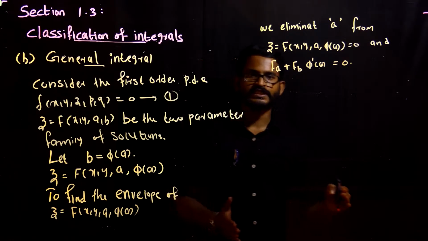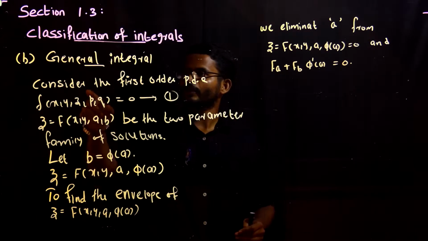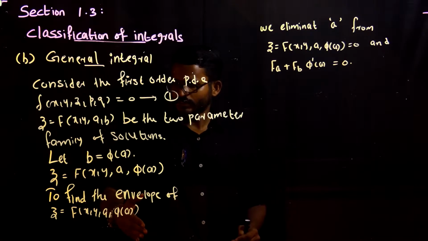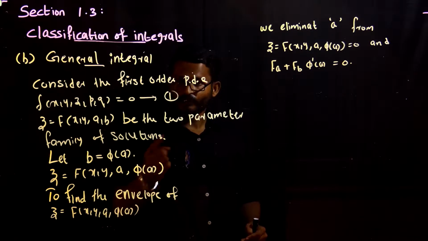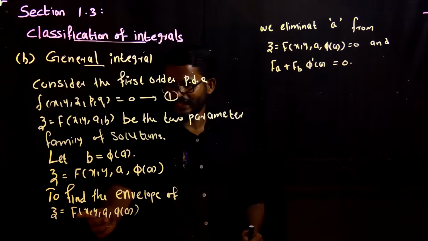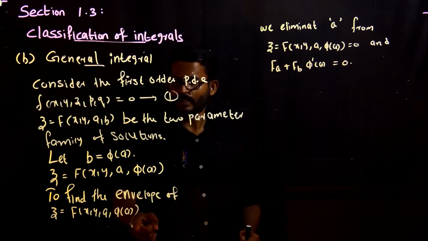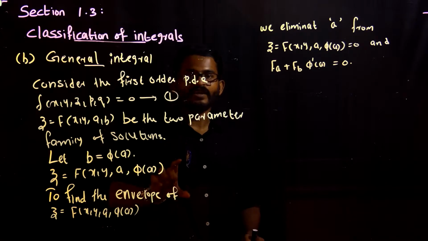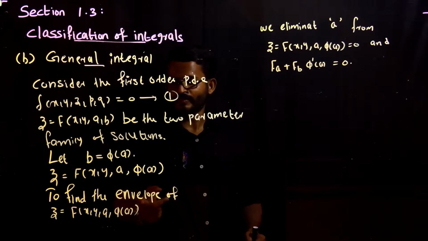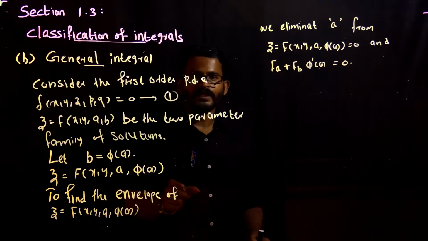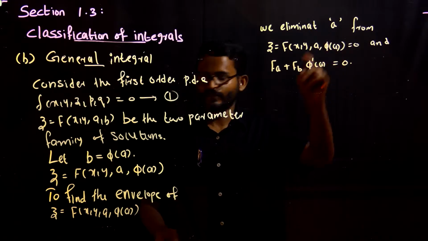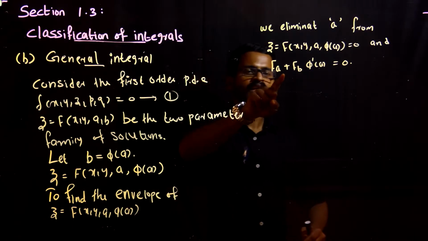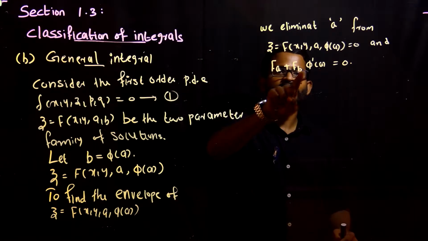Actually, this is a procedure. Our aim is to find the general integral. So we proceed as follows. Now we get a one parameter family of solution, that is f of x, y, a, phi of a. And our aim is to find the envelope of this equation. For that, we should eliminate the parameter a from this one parameter family, and from this